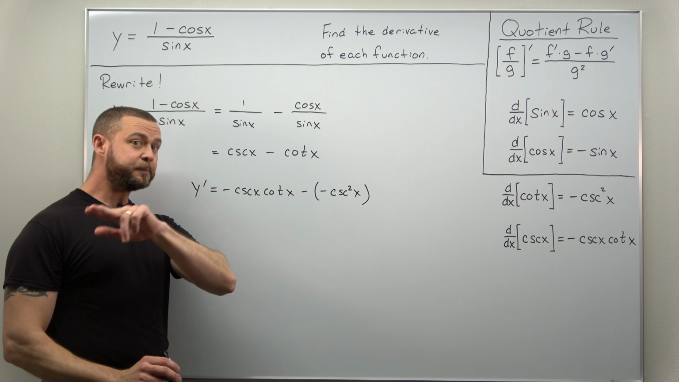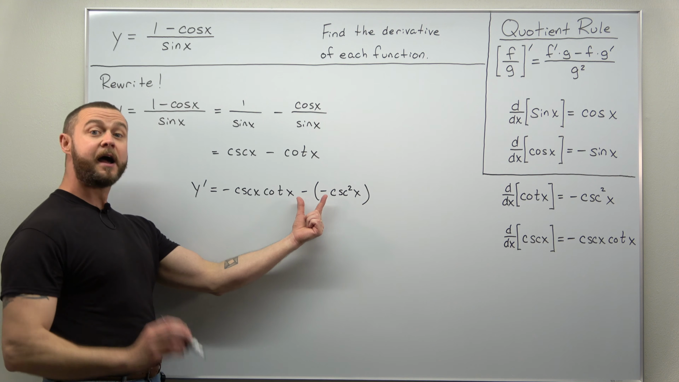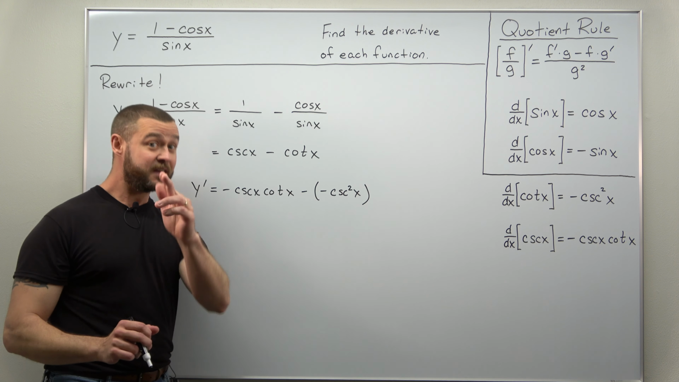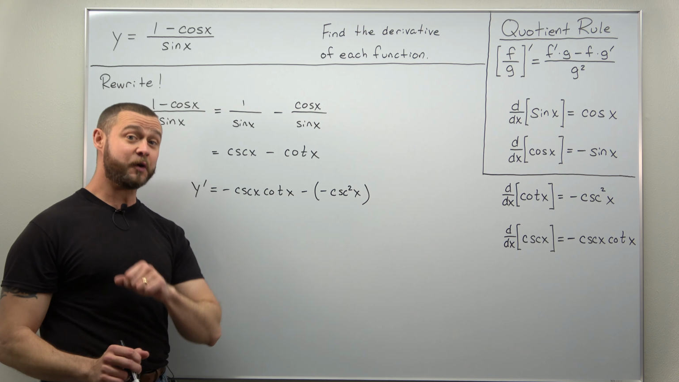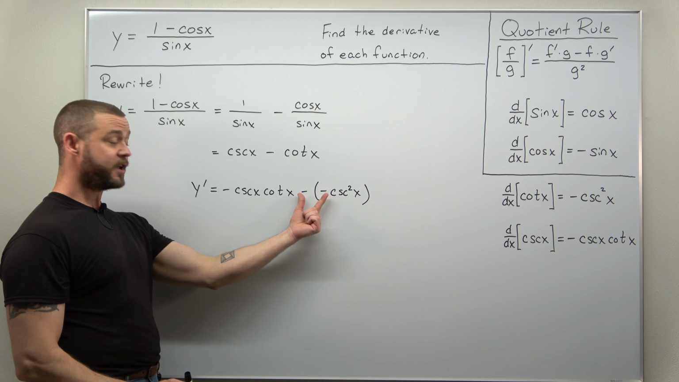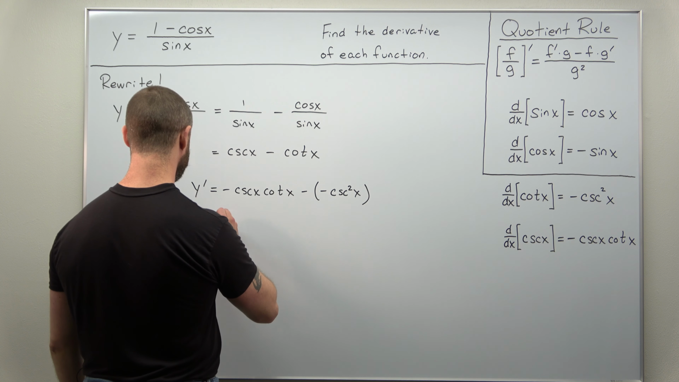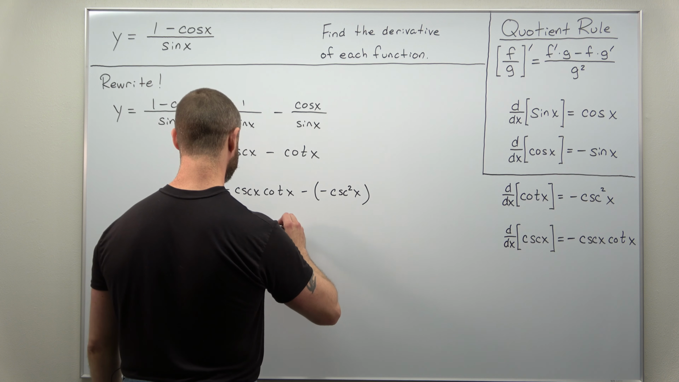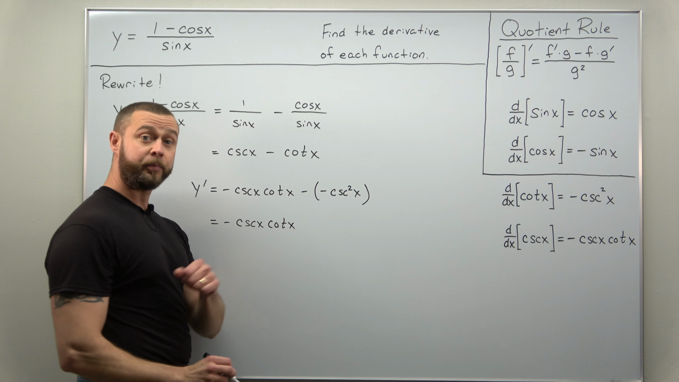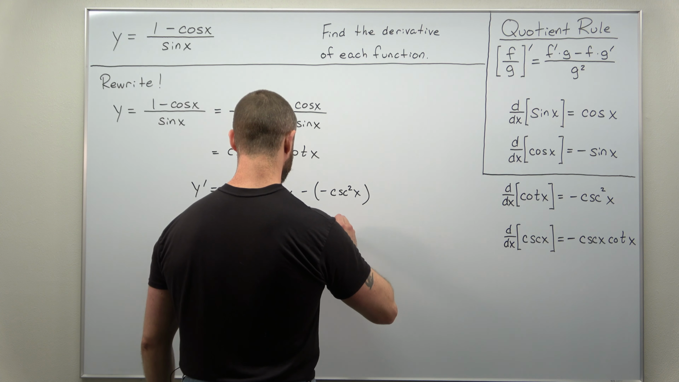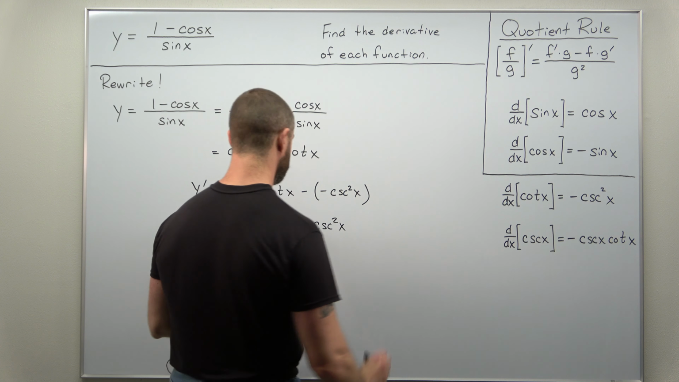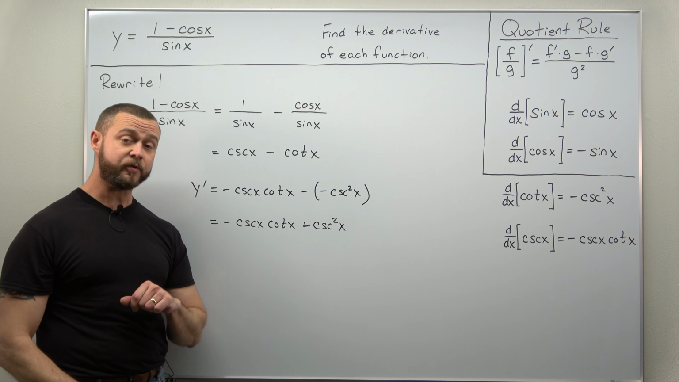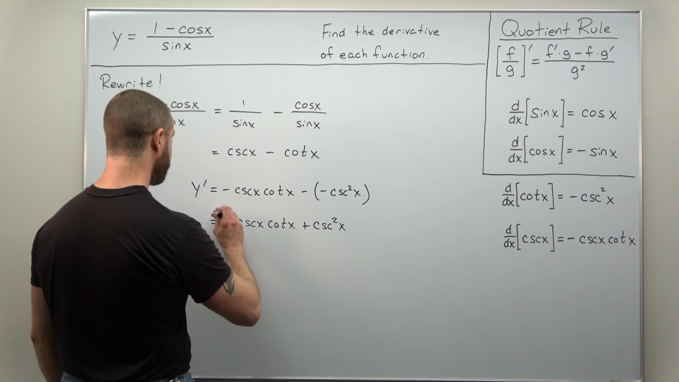You might be comfortable simplifying your signs already, but I always like to do a little bit more work, so that way I don't make mistakes in my Calculus 1 course. It's also a good tip for you, students. So here we'll just rewrite that as a plus. Everything else stays the same, negative cosecant x times cotangent x, but now plus cosecant squared x. And that is our derivative here by first rewriting,